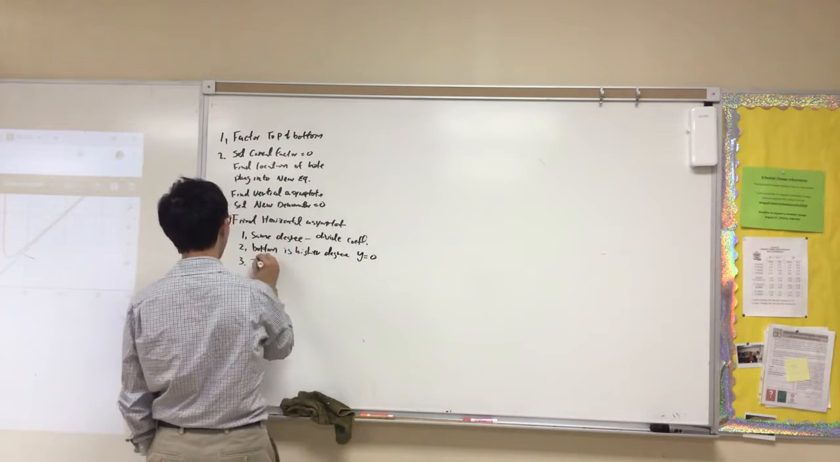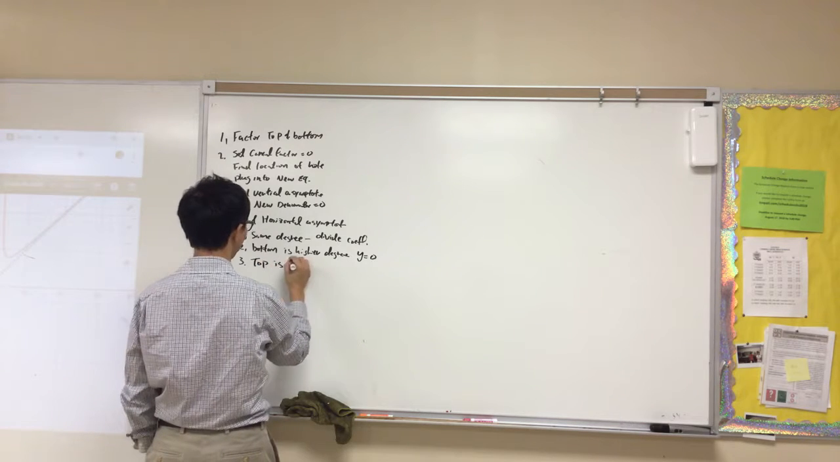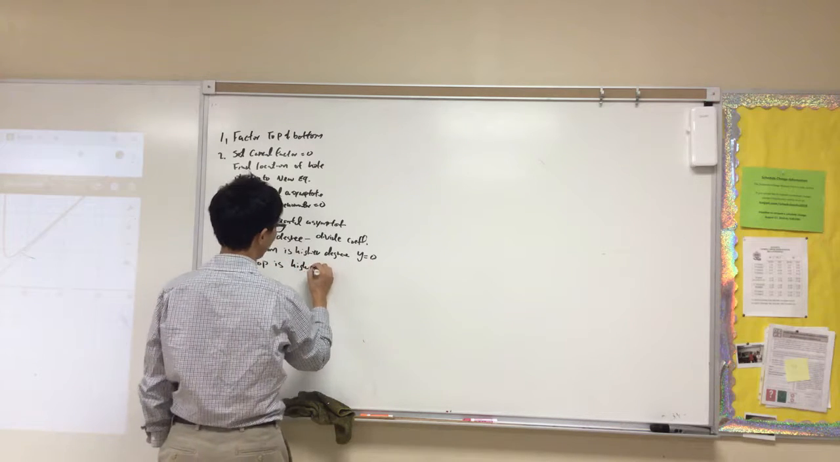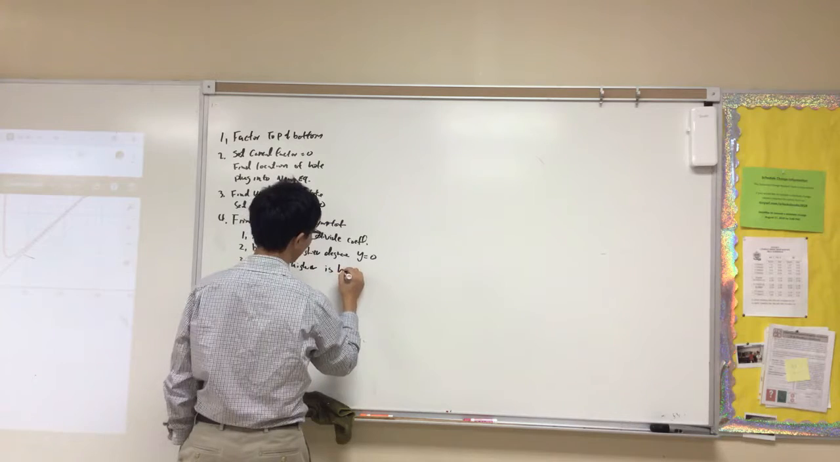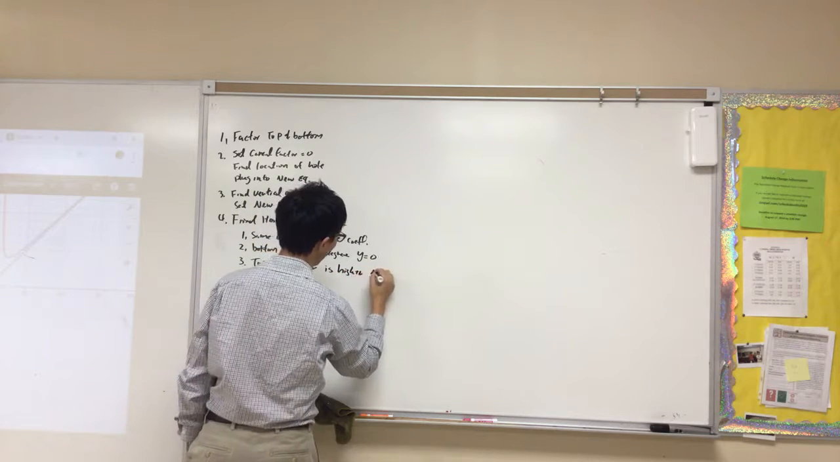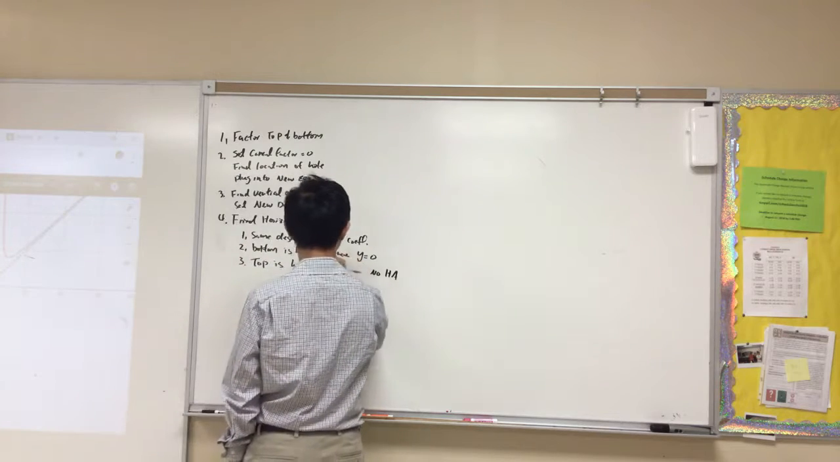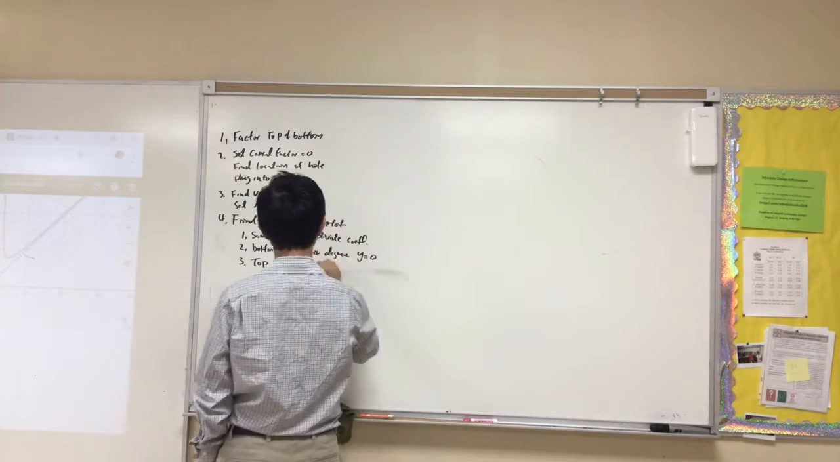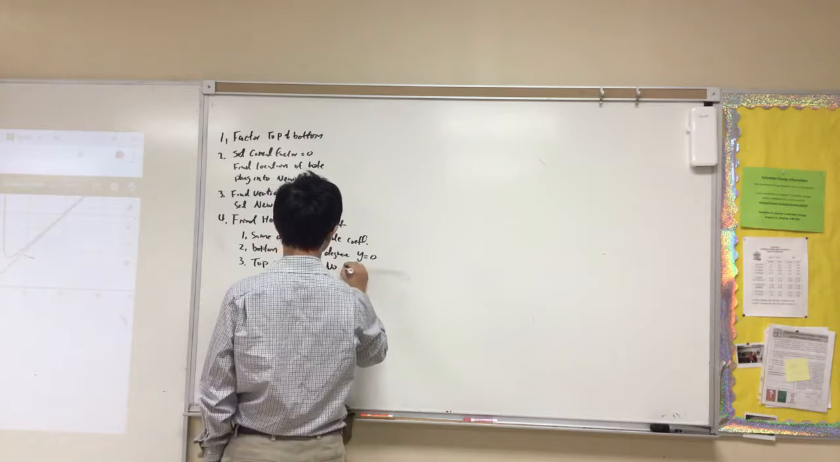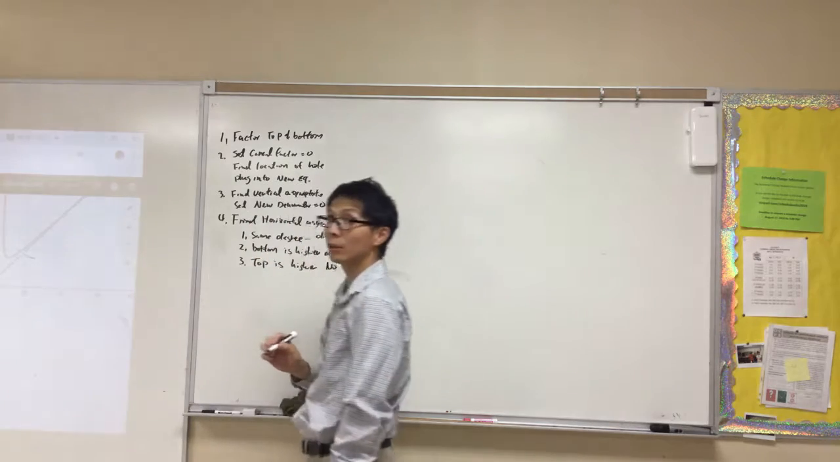Now, if the top is higher degree, there is no horizontal asymptote. Top is higher, no horizontal asymptote. Okay, so